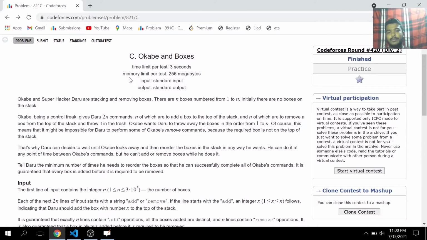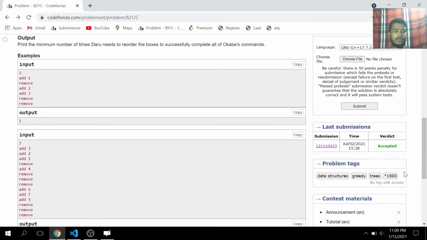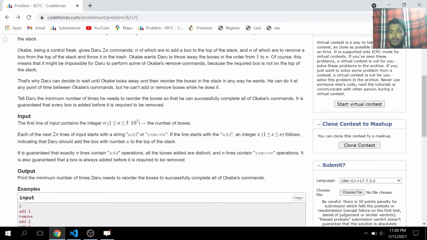Today I'm going to discuss problem C, Okabe and Boxes, from Codeforces Round 420 Div. 2. This is rated 1500. You can see the problem says that